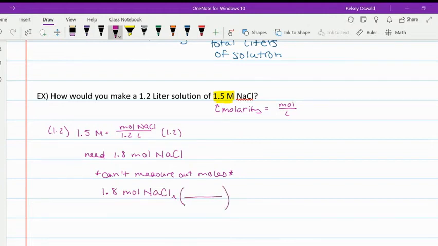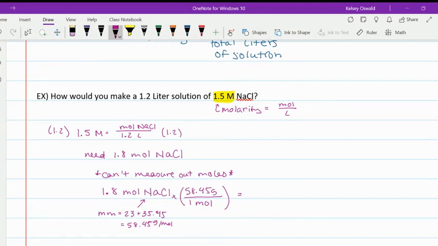So if we look at NaCl, to convert to grams, we use the molar mass. Remember, to get our molar mass, we look at the periodic table. Sodium is going to have a mass of 23. Chlorine has a mass of 35.45. That means our total molar mass here would be 58.45 grams per mole. So we'd multiply the top by 58.45 grams. So we would find, if we wanted to add 1.8 moles of NaCl,